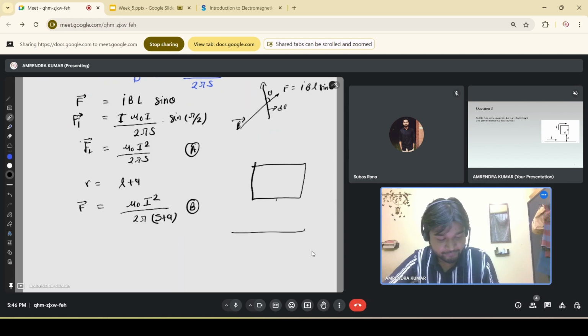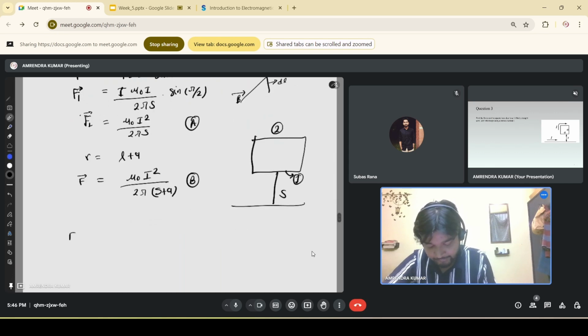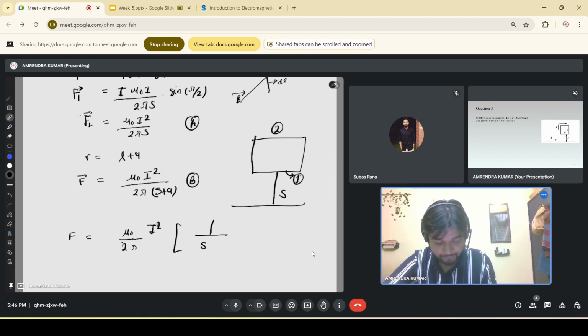मतलब अगर ये यहाँ पर एस डिस्टेंस पर है, तो ये जो आर्म है, ये वाली आर्म 1 और ये 2 की वजह से फोर्स लगेगा। तो हम देखेंगे कि यहाँ पर हो जाएगा म्यू जीरो ओवर 4 पाई, कॉमन है, आई स्क्वायर भी कॉमन है, सॉरी म्यू जीरो ओवर 2 पाई कॉमन है सब में। तो यहाँ पर 1 ओवर एस प्लस ए माइनस 1 ओवर एस।